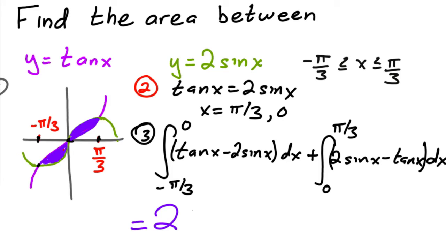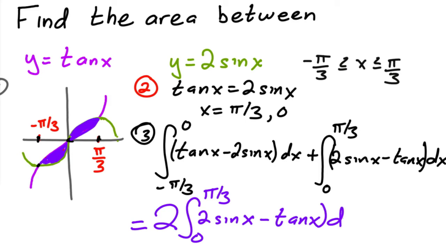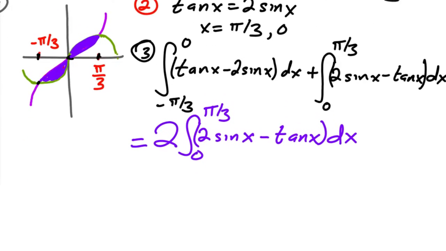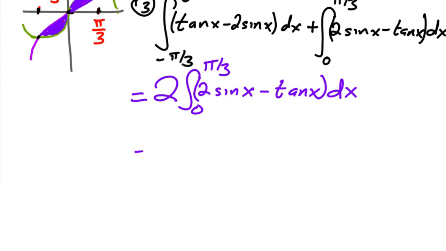Might as well just do twice the integral of one of these two. So let's just say from 0 to pi over 3 of 2 sine of x minus tangent of x. And this will be a lot easier. Okay, so then what we get is 2 times,